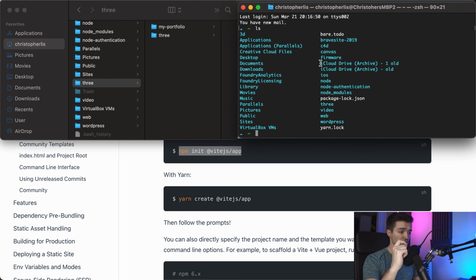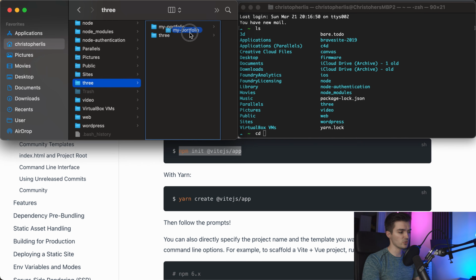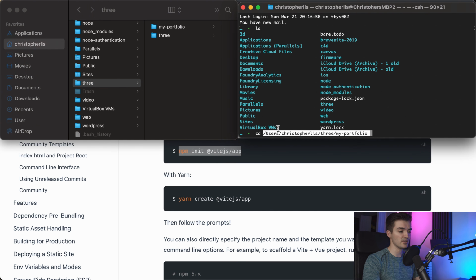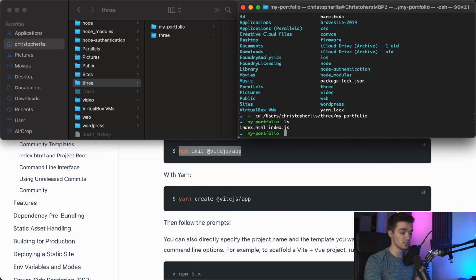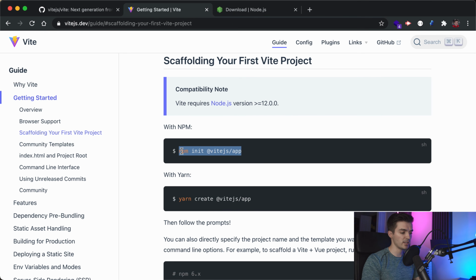So if I want to go to this directory directly within my terminal, what I can do is type in cd, which stands for change directory, and I want to change directory into My Portfolio. So I'm just going to grab this directly from Finder, drop it into the terminal, and it's going to give me the exact pathing I need to go to in order to dive into this within terminal. So if I cd directly into this and hit enter, you'll now see we are inside of My Portfolio. We can list out the results of this folder, and you'll see we have index.html, index.js. This is perfect. This is exactly where we want to run npm init